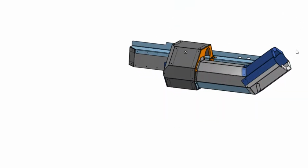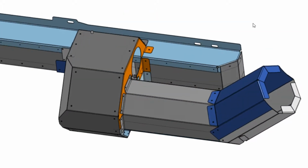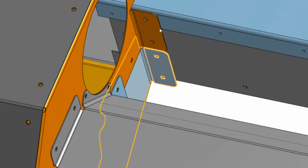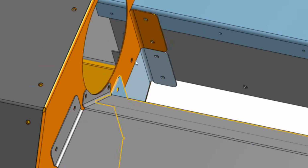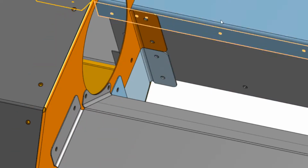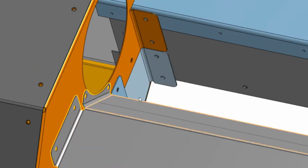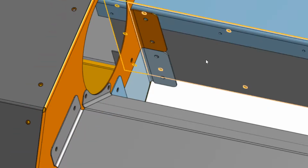Let me see what else. Oh, here's another thing that I didn't think of when I did the video for how to assemble a tin on the bench. If we look down in here, you'll notice that both the upper and lower parts of this side cover on the exhaust turbine have holes in to attach to this cover over the manifold. And you can put those on when you assemble the pieces. I'd start with the bottom one and then put screws through here to hold it on, and then eventually the top piece will come down and overlap here, and then there should be holes here also to screw it into that dark gray piece. What I want to point out though is that that gray piece extends inside of this,